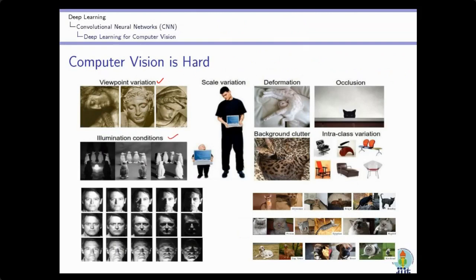Illumination variations: different lighting conditions. The same object under different lighting conditions gives a different impact on the image. Scaling variation may be there in the image. And there are deformation, occlusion, and intra-class variation. Intra-class variation means objects of the same class but with different structure and shape. So you can see there are lots of variations, and traditional machine learning systems are not able to classify such variations.